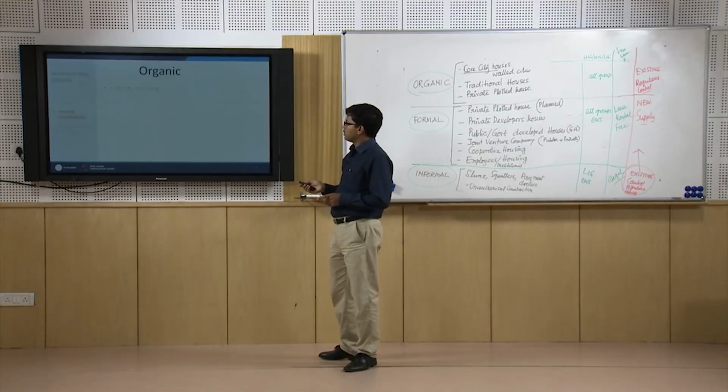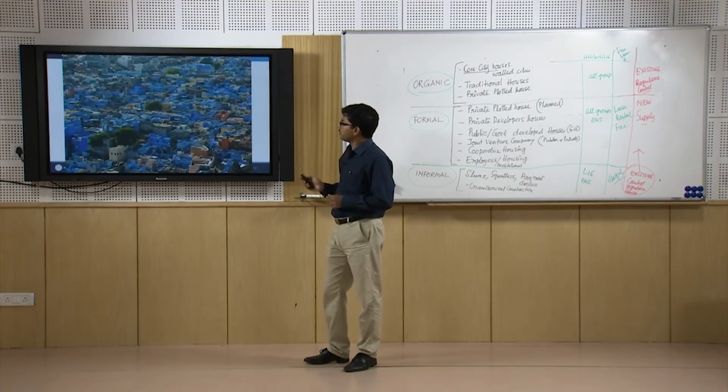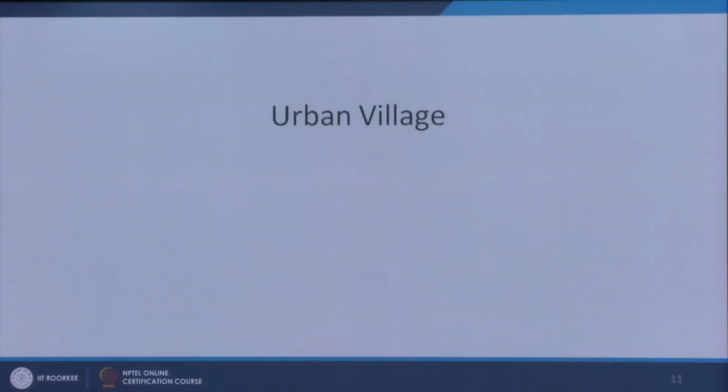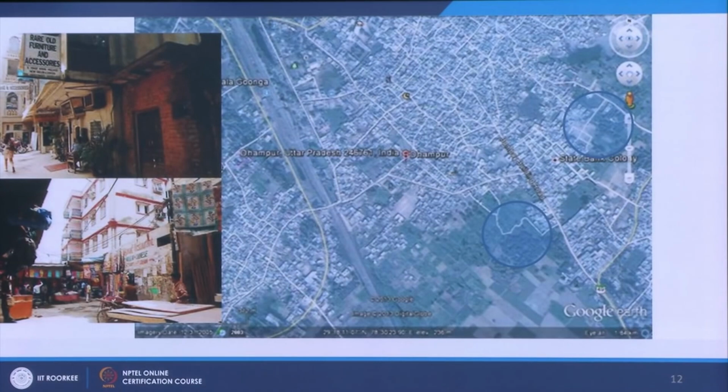Now, based on the origin, we discussed all the types of houses. This is one of the pictures of the old core city housing taken from one of India's oldest cities, Jodhpur. So you can see this kind of typical old organic character in the old city or the core city house. Another option which I did not mention earlier,